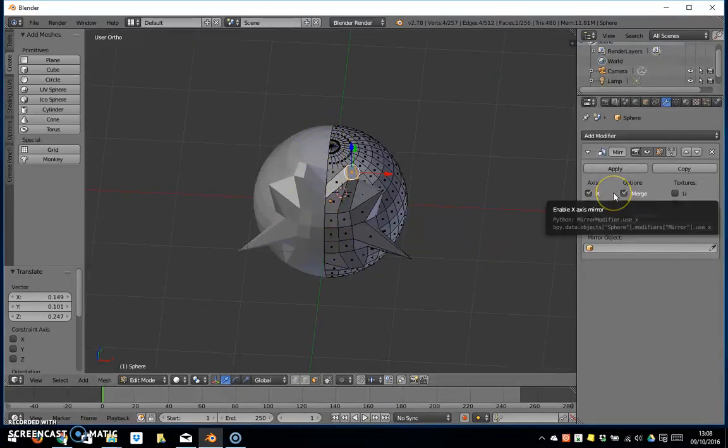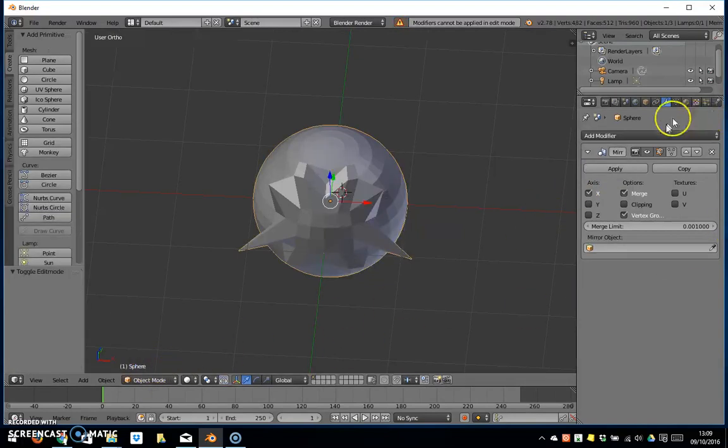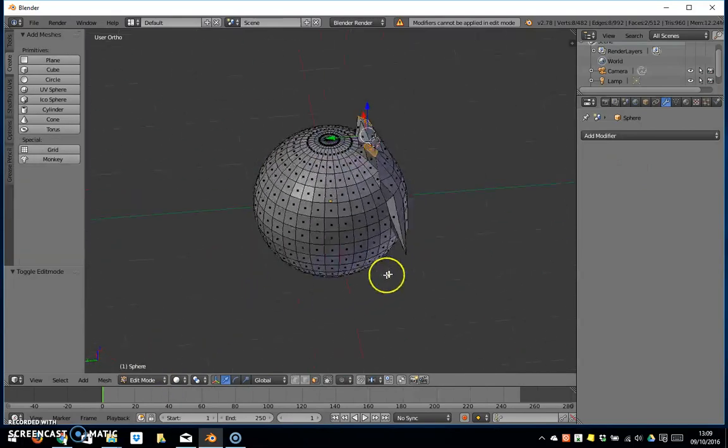Now, because it's a modifier, that means that we can leave it as it is, but at some point we're going to want to confirm that we're finished with the model, and we're going to want to get the whole thing back to being a full-size mesh. So what we do, make sure we're still on the modifiers tab, and you'll see down here, it's here, mirror, it just about appears there. And if you click apply, what will happen is all that will go back to being a normal object. So if I click apply, so come out of object mode and apply, and if I come back into edit mode now, you can see it's just a normal